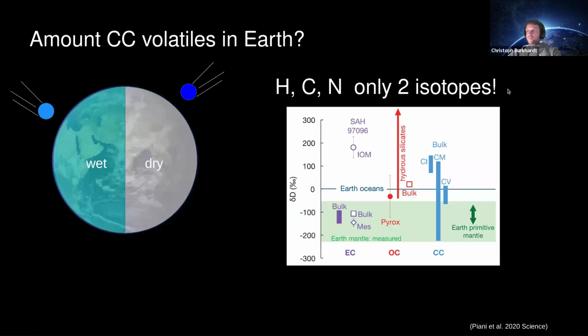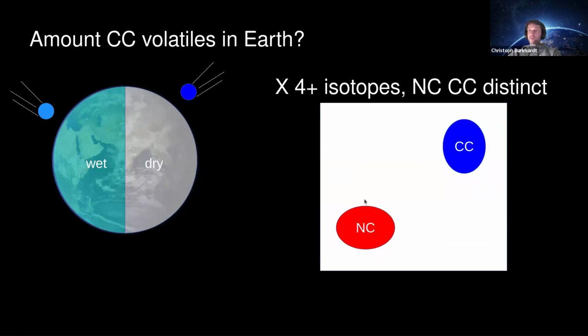We can nevertheless try, and people did this, but then there's a second complication. There's no dichotomy, and we have enstatite chondrite materials and carbonaceous materials that have the same isotopic composition and that both overlap with the inferred composition of Earth's primitive mantle. So what we need would be a volatile element with ideally 4 or more isotopes that we can make discrimination plots with, and that